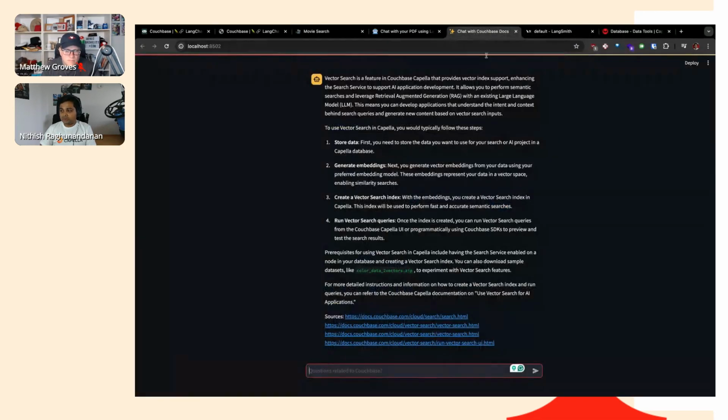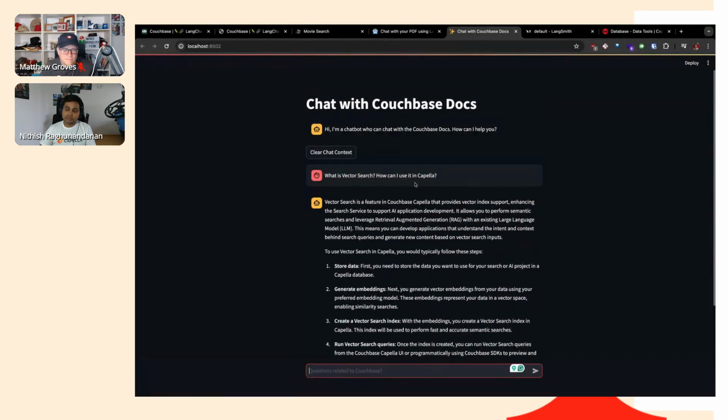So what happens under the hood is, for each question, I'm basically fetching the documents that are indexed already from the docs into Couchbase that are relevant to the search query, and then sending the results back off to OpenAI so that you get a bit more coherent text.